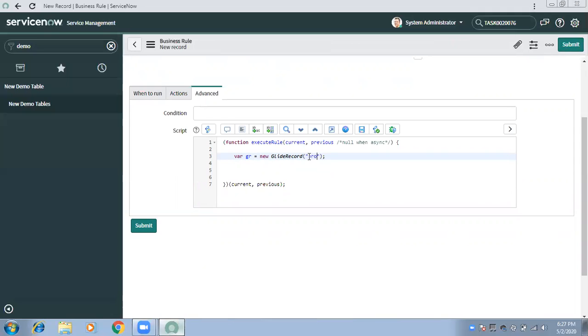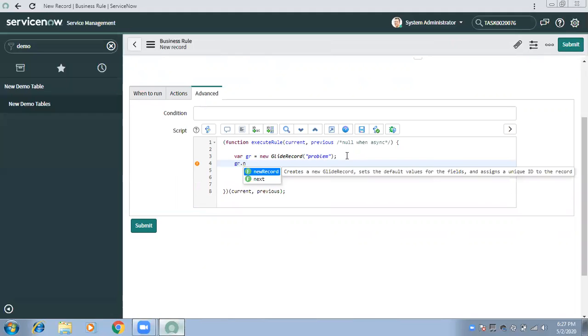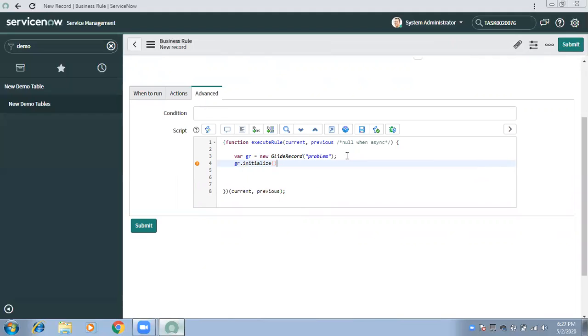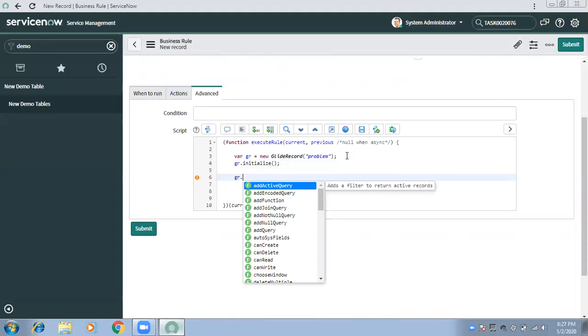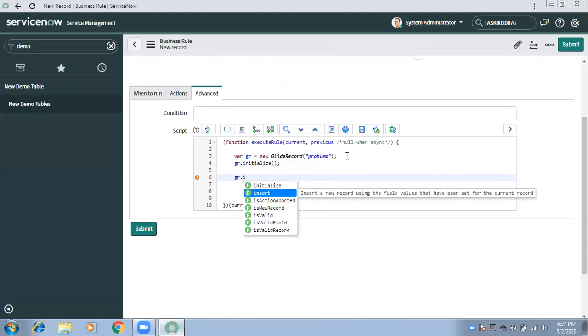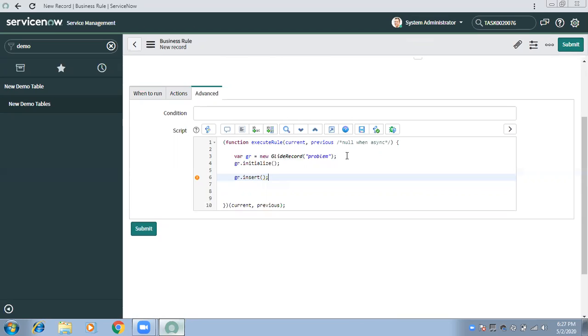So here you need to pass problem this time, and then the syntax is gr.initialize. Okay, and then the last line will be gr.insert. So this is the syntax to insert a record in a particular table.